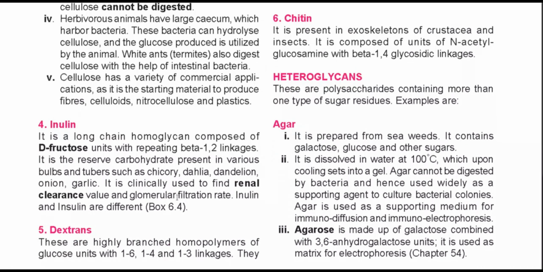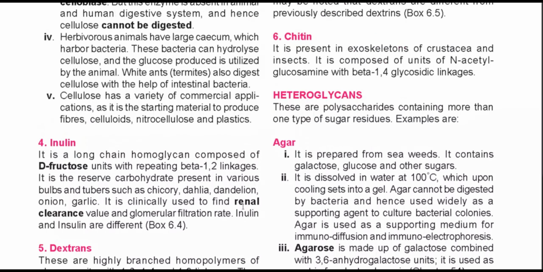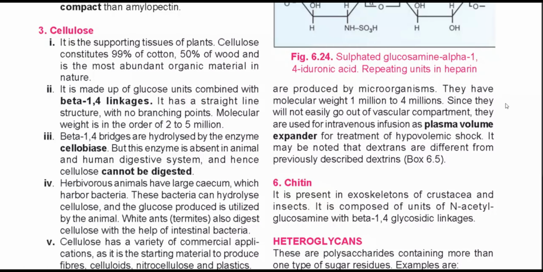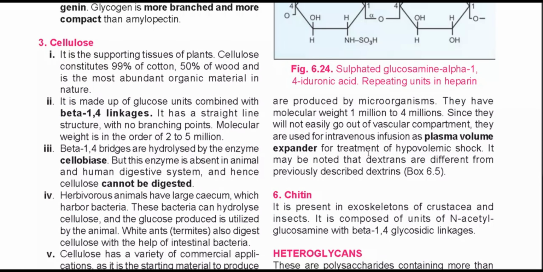Dextran is another type of polysaccharide. These are highly branched homopolymers of glucose units with 1,6, 1,4 and 1,3 linkages, and they are produced by microorganisms. They have a molecular weight of 1 million to 4 million, and since they do not easily go out of the vascular compartment, they are used for intravenous infusion, as a plasma volume expander, and in the treatment of hypovolemic